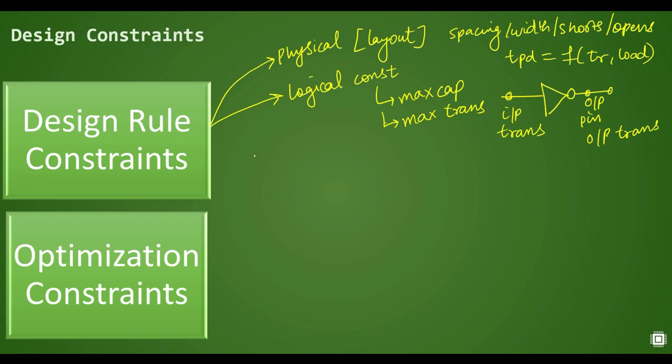And talking about frequency, there is one more constraint that is very important, and that is related to the clock. This could be related to both data and clock. Clock and data both have capacitance and transition values which are specified in the DRC file. There is one more specifically clock related constraint: you have to meet the timing. So the clock period will be specified as a constraint, and clock uncertainty will be specified as a constraint,